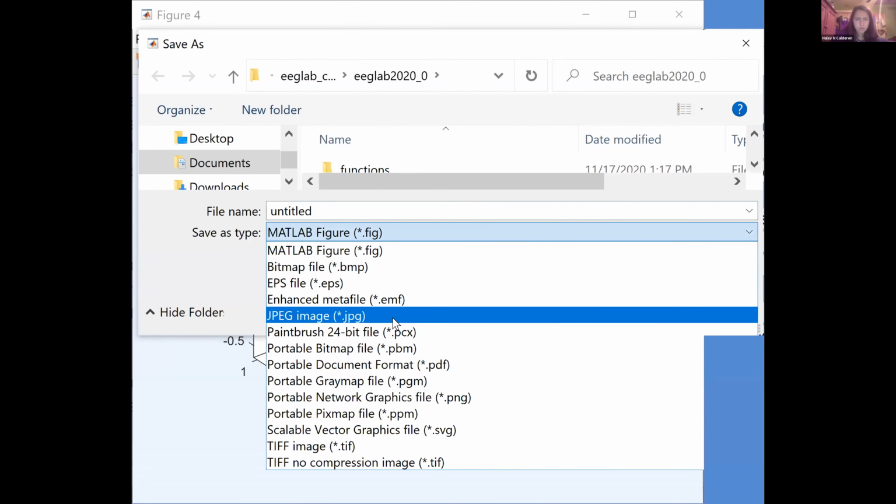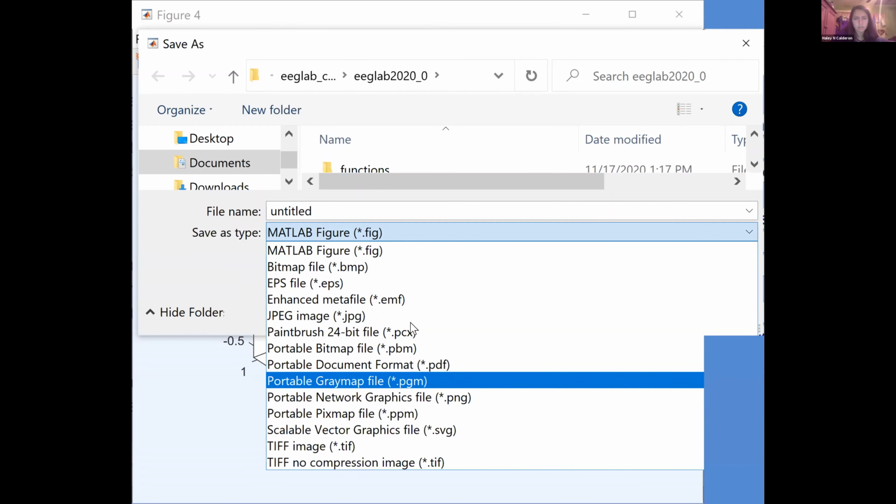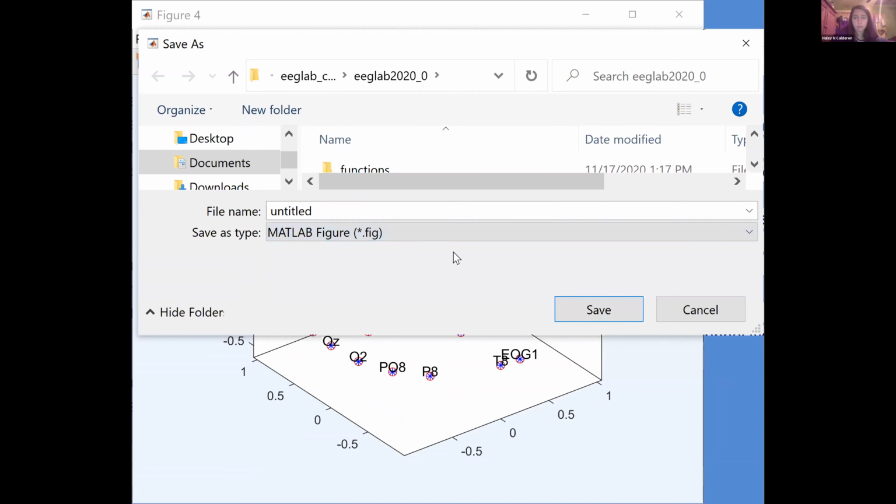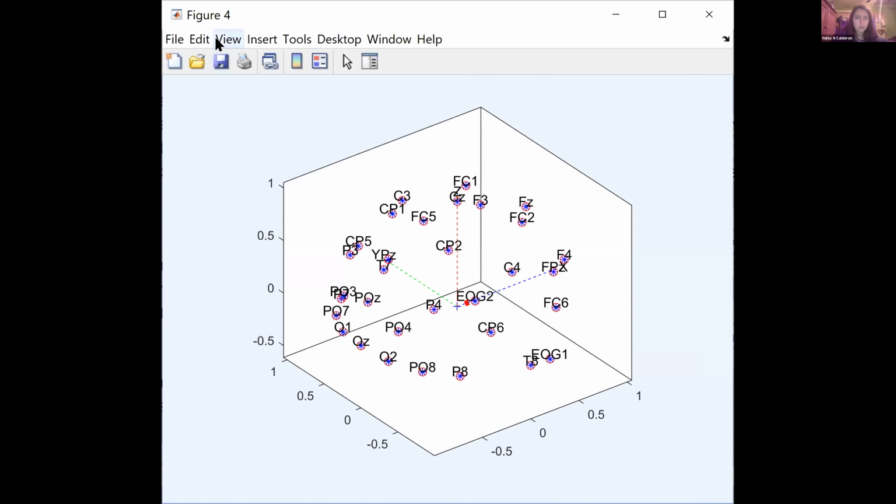Maybe not a PNG file. They have PNG file, JPEG file. MATLAB figures, I don't think paste well into Word. They might paste well into Google Doc, I don't know. And you can also